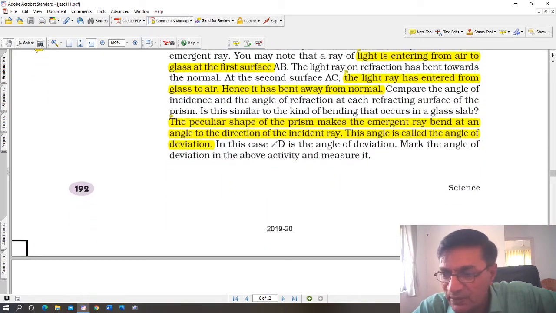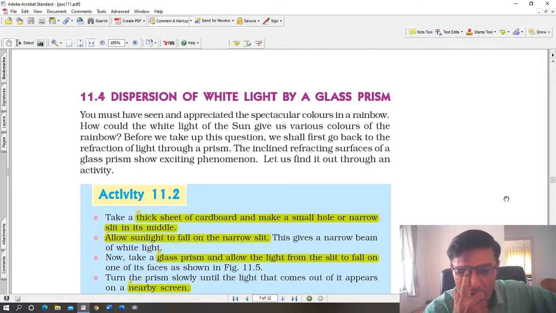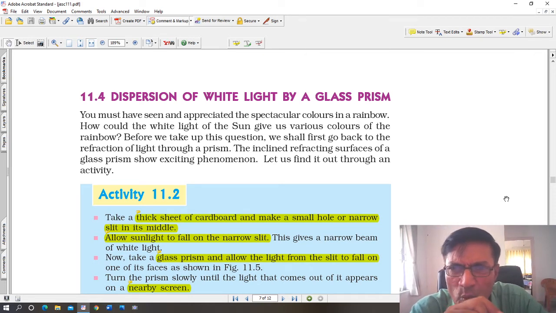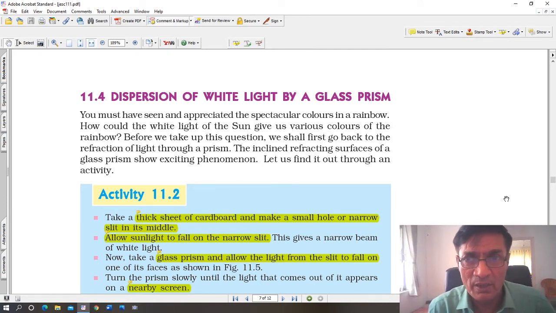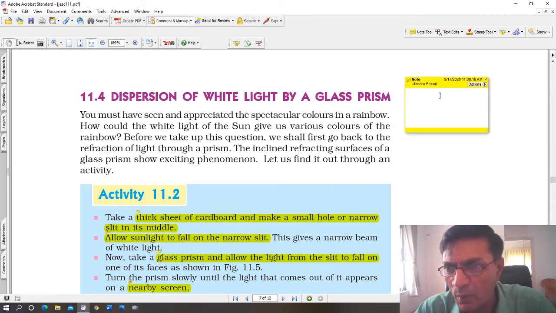Now the next part of the chapter here is dispersion of white light by a glass prism. Let's see now. The sunlight which reaches us appears whitish yellow in color, slightly yellow. Some people would say it is slightly yellow, some people would say it's absolutely white, but we know it appears slightly yellow. This yellowish white light which comes from the sun doesn't seem to have any other colors, but basically that light is not monochromatic, it is polychromatic. The word here is polychromatic light. I just insert that word out here. The word is polychromatic.